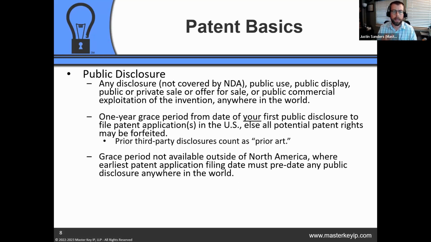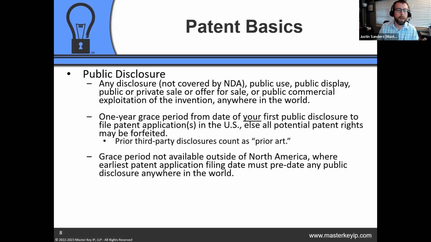And again, as I'll get into, there's ways to kind of string these applications along. So the key is that you have to get your US application filed before any public disclosure if you want to keep all of your options open. I mean, hypothetically, if you come to the decision that, you know what, I'm not interested in filing patents outside the US, I only want to focus on the US, well then, okay, you've made the decision. You can go ahead and publicly disclose before you file your patent application, but at least even in that scenario, you're making the decision rather than the decision being made for you